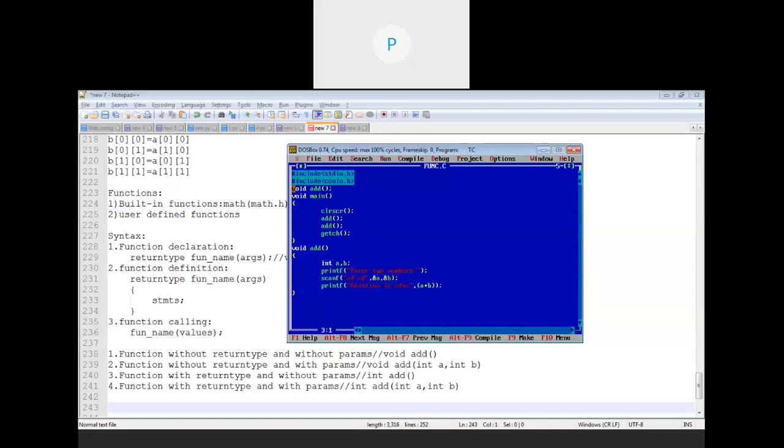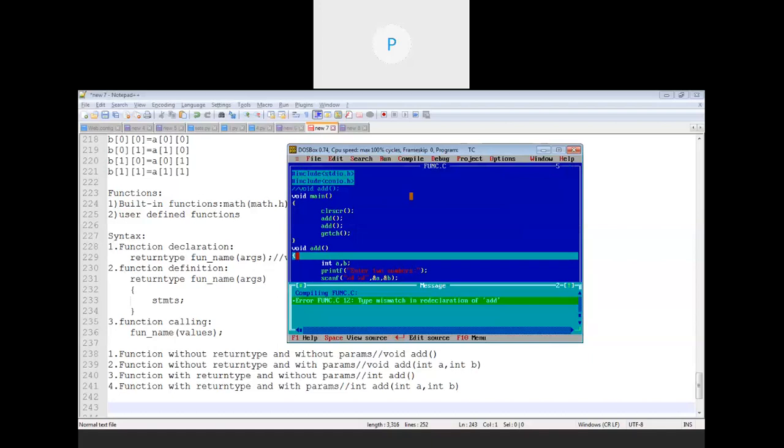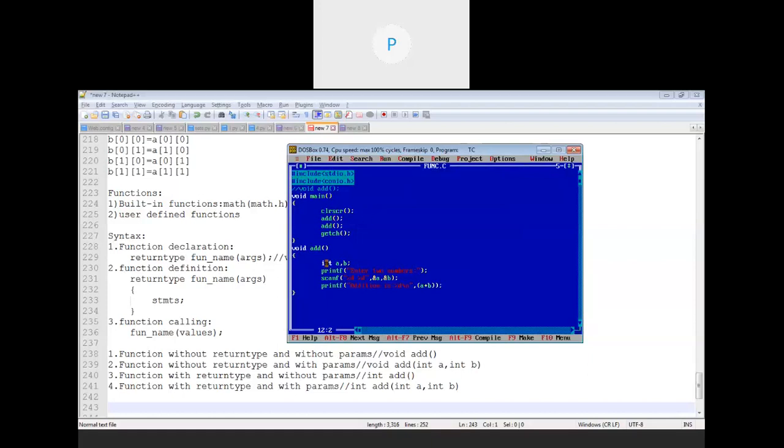Now, just like I said, if I'm not declaring this over here, and if I'm directly calling and defining that function, then the problem will be, you can see it gives a syntactical error, that is type mismatch in the redeclaration of add. Means it considered this as the declaration of add over here, and this is taken as a redeclaration of add. Okay, and that's why this declaration is always required. Okay, so understood the first way of declaring a function. Yes, Pratima.